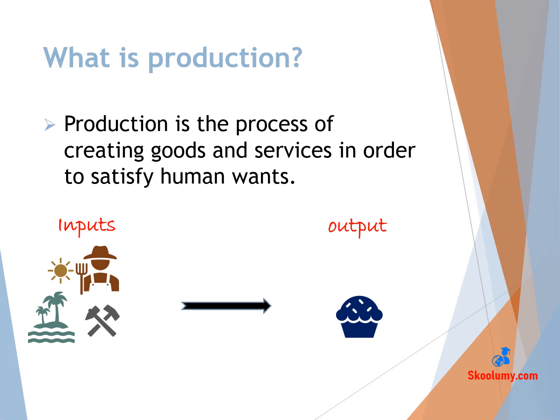As an example, we want to bake a cake. We have to buy some ingredients. The ingredients are flour, salt, sugar, butter, water, eggs, and baking soda. We also need some workers in the bakery. We need a baking machine and some other equipment in the bakery, like an oven. Someone came up with the idea of baking, the entrepreneur. All these are inputs. They are called inputs because they have to be brought into the production process for production